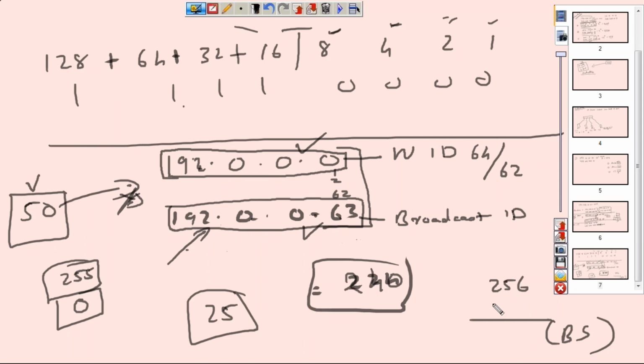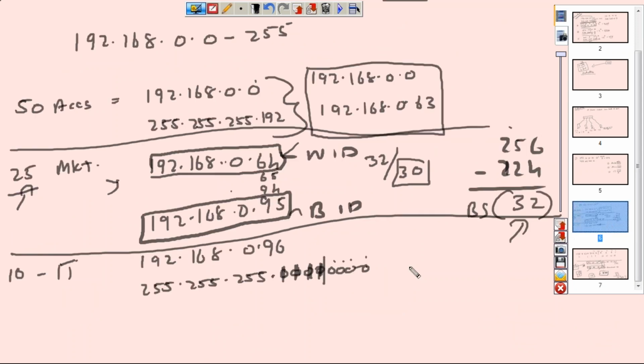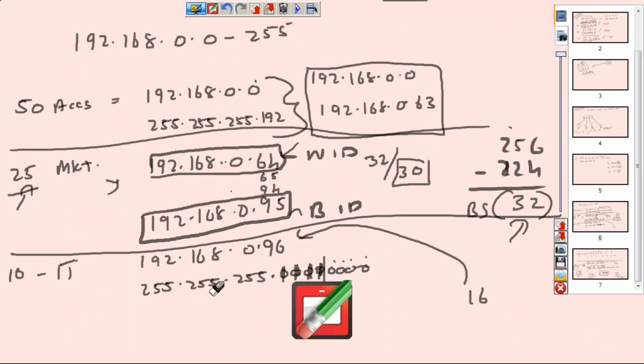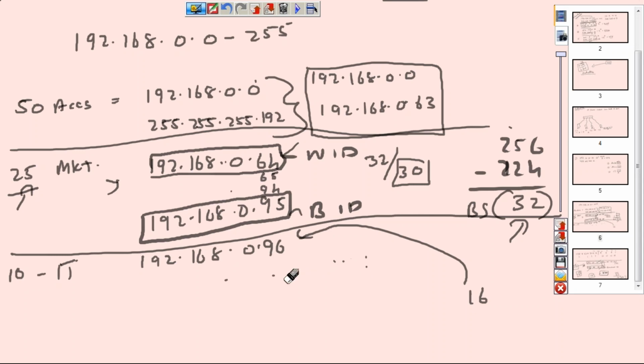As always, we subtract our number from the maximum. So 240, and what do we get? 16. We have 16 as the block size. So we go up there and take that 16 as our block size and add it to the top. So what is 96 plus 16? 112. That would actually give you 112, but remember the minus 1, so you got 111 there.